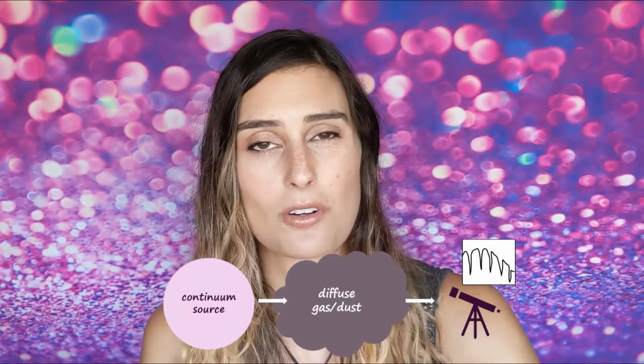Now this goes back to those quantum interactions that I was talking about. So basically, light at a certain energy can interact with certain particles in a given way, and this will basically remove those photons from the background continuum spectrum. This absorption occurs in some sort of cooler and sparse medium that's in between the blackbody source and the observer. So something like a nebula might have an absorption spectrum because it is absorbing light from behind it, and we can maybe see, for example, what the nebula is made of because we know those given wavelengths are correlated with